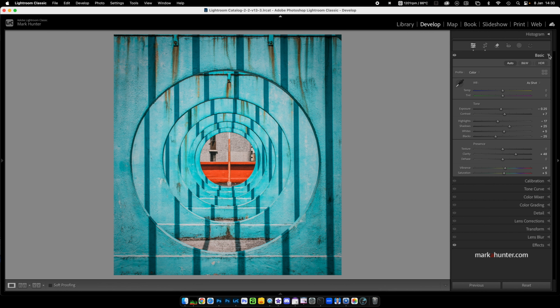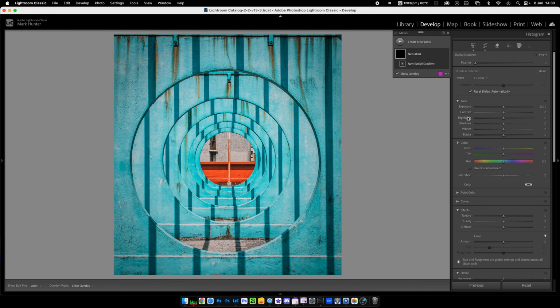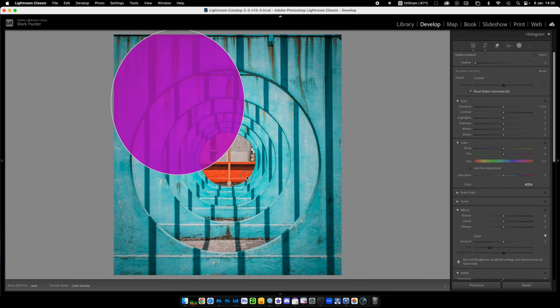And that's it. We're now set to move on. So let's add our first mask. Radial gradient is obviously the way to go. Now I want to try and grab this first circle, so I'm going to arbitrarily just click here and drag,